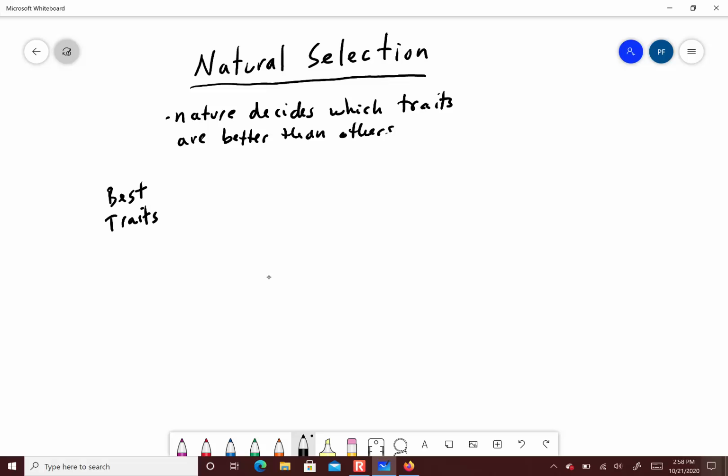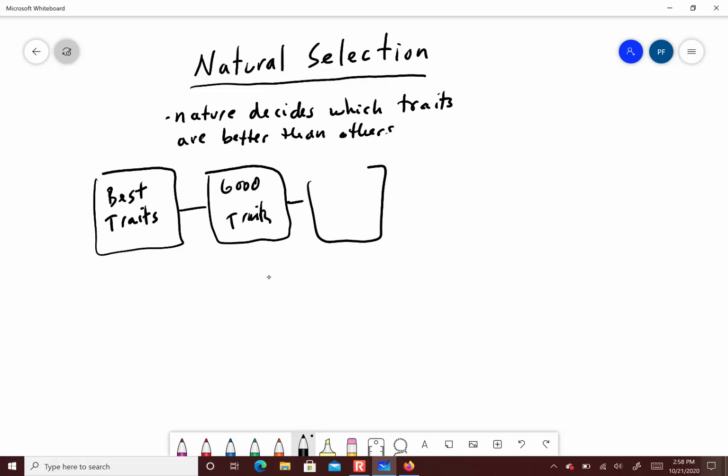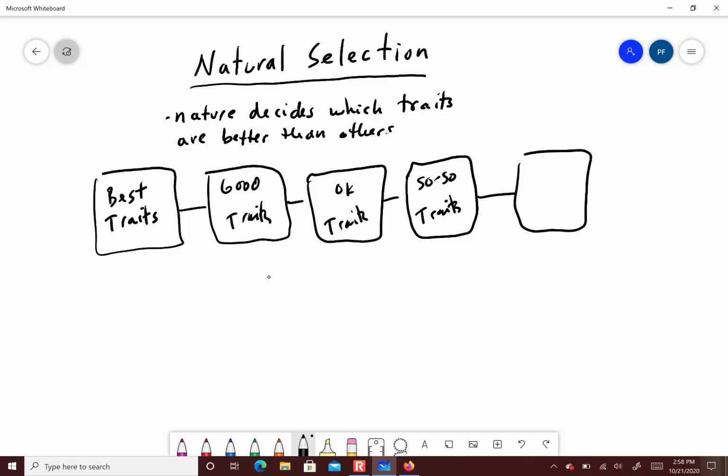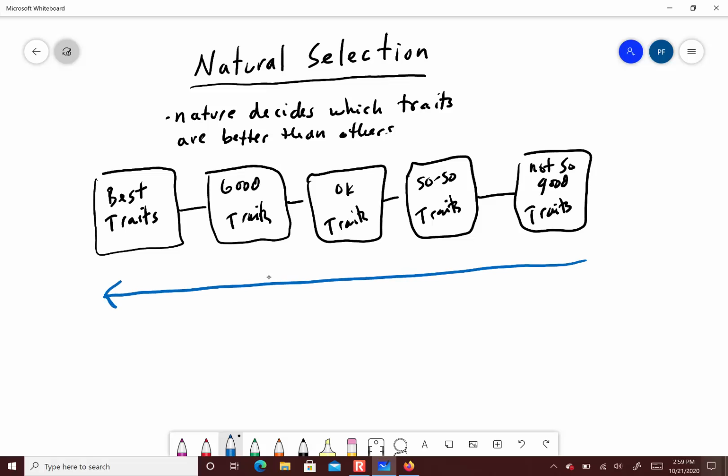I like showing natural selection like this. We have this set of best traits, then this set of good traits, and then this set of okay traits. So we're building a continuum, right? Best, good, okay, maybe so-so, not as good as okay, and then what's less than so-so is not so good. The idea with natural selection is that as we work from right to left on this picture I've drawn, we're increasing survivorship,